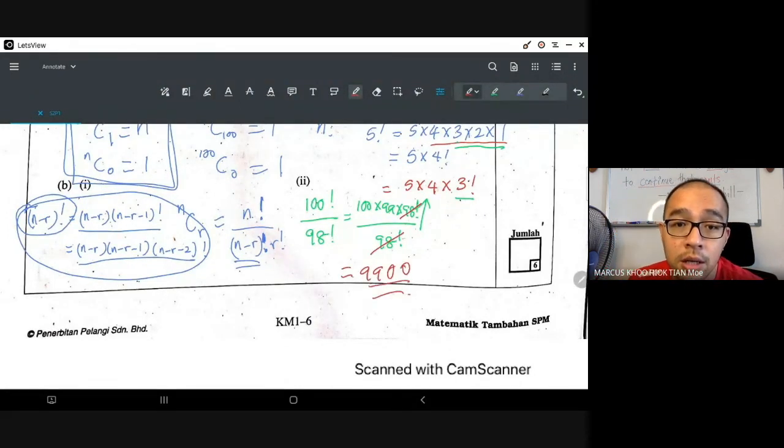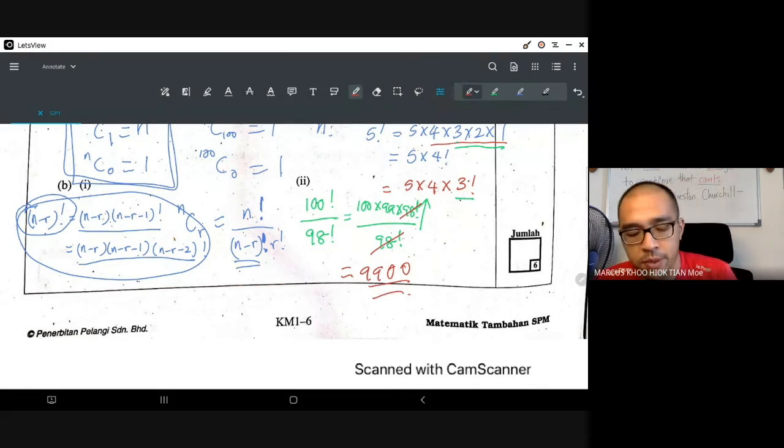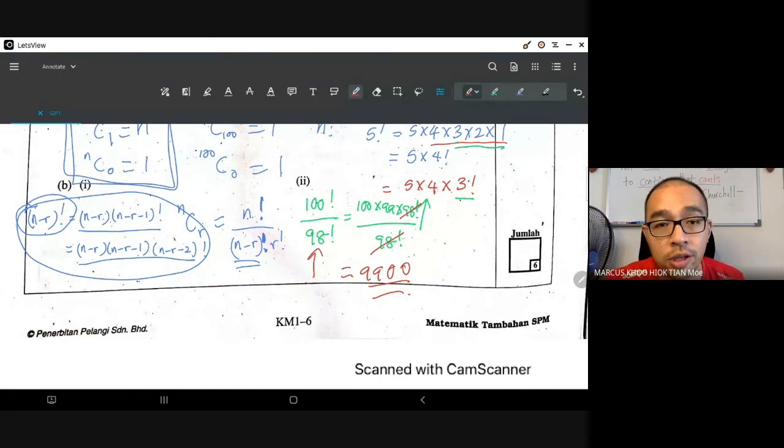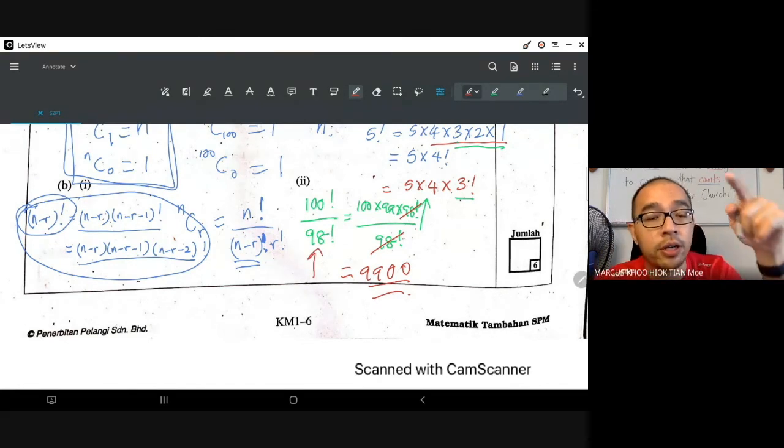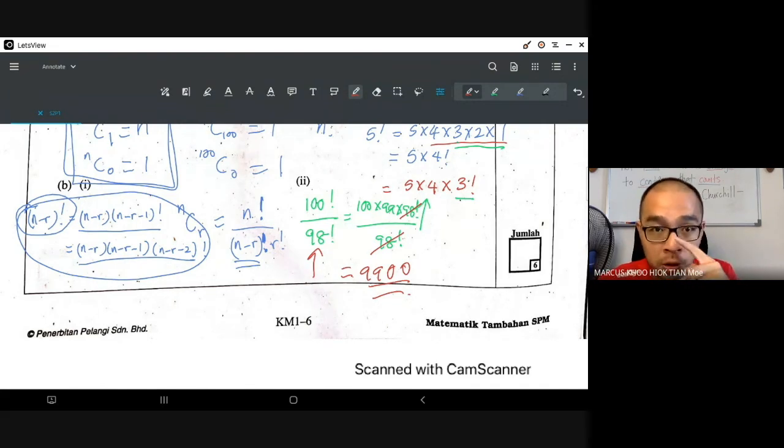Okay. You can calculate it. Yeah lah, fine. Actually, kamu boleh guna calculator untuk kira inilah. You can count 100 factorial bahagi 98 factorial. You get the answer 9900. But knowing this potong-potong method, okay, or knowing how to expand so that you can potong, becomes very useful when